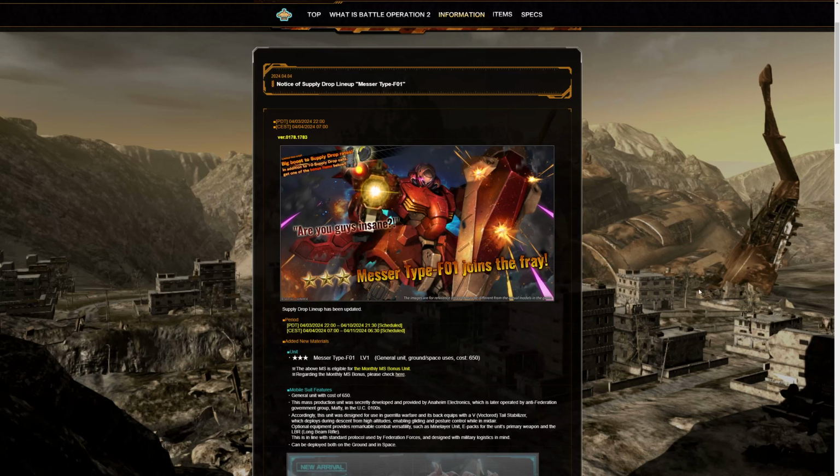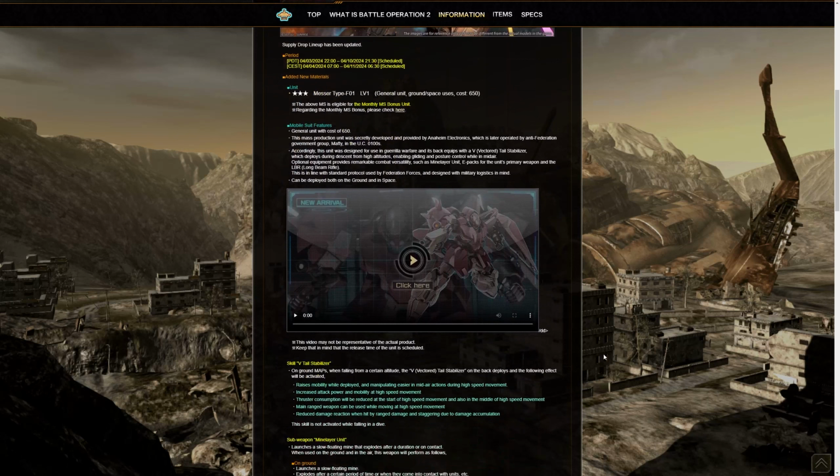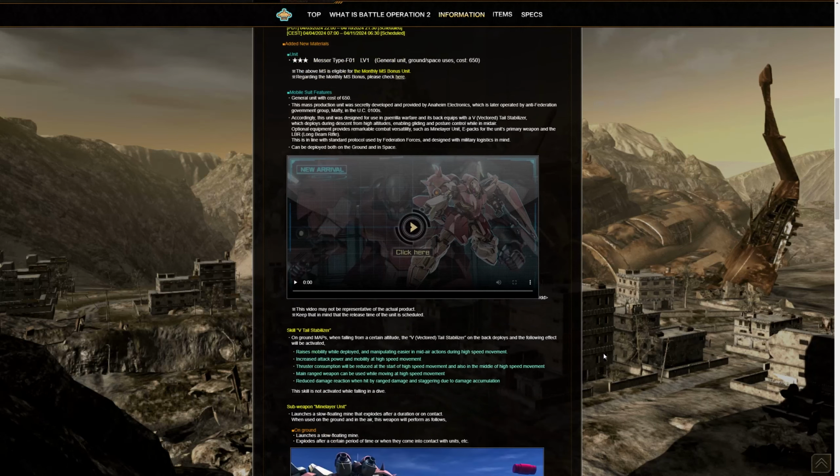long beam rifle. This is in line with standard protocol used by Federation forces and designed with military logistics in mind. It is, as mentioned, ground and space here, and it's actually pretty cool. Now, they do say, like with the ground usage, you're able to do some aerial attacks. It's able to slow down its glide and kind of almost hover in a way, but I believe, based on this,